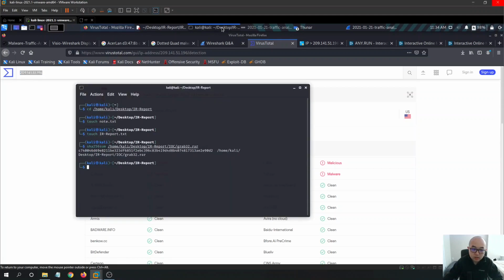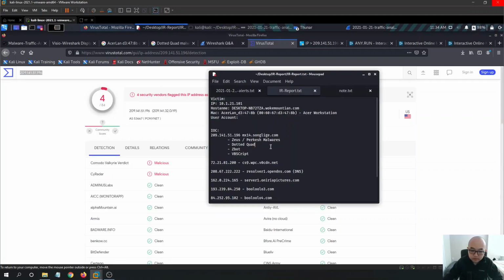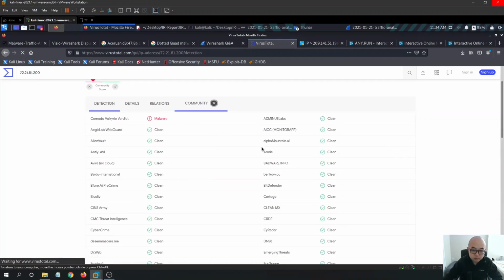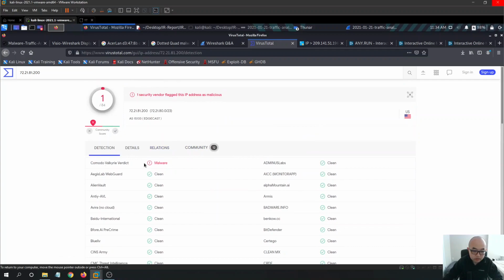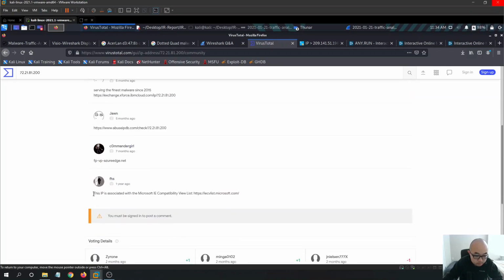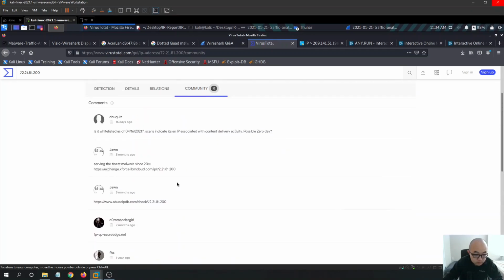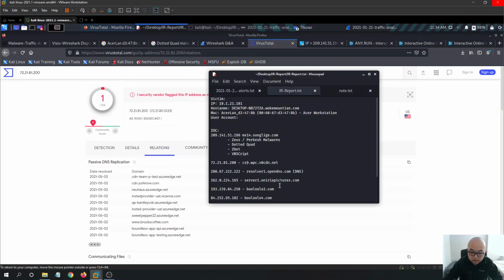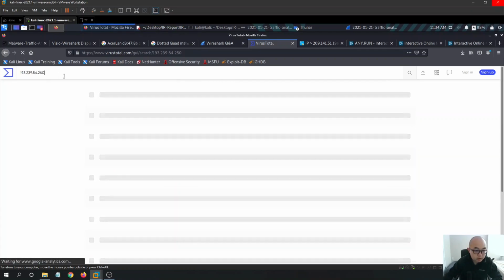So let's check for some other IP address on the VirusTotal. It only has like one antivirus engine detected it. So yeah, let's check these two. I think these two definitely they're malicious because